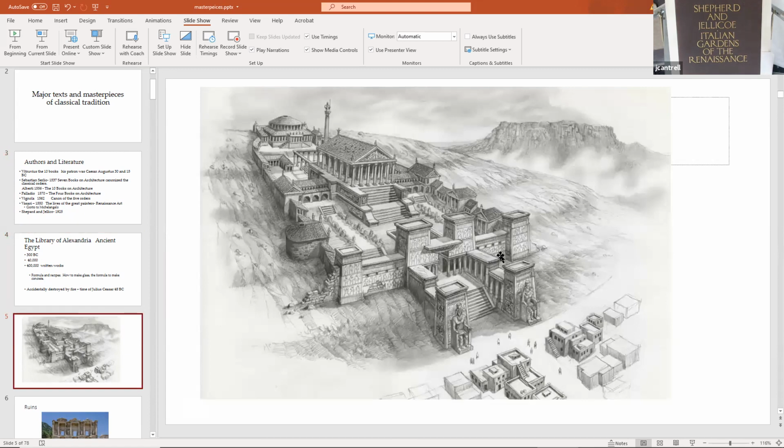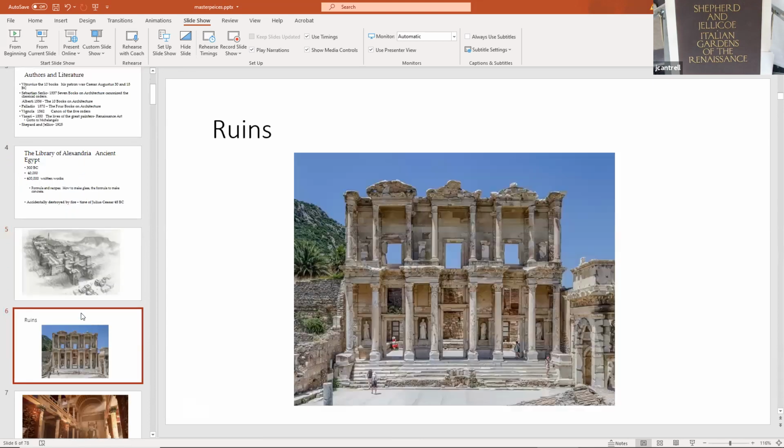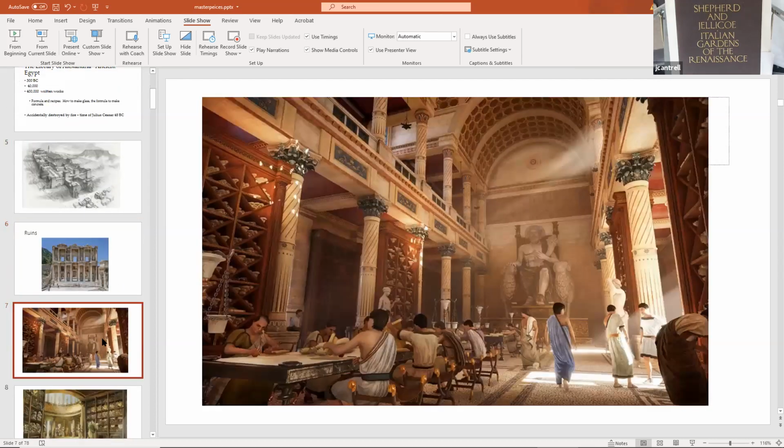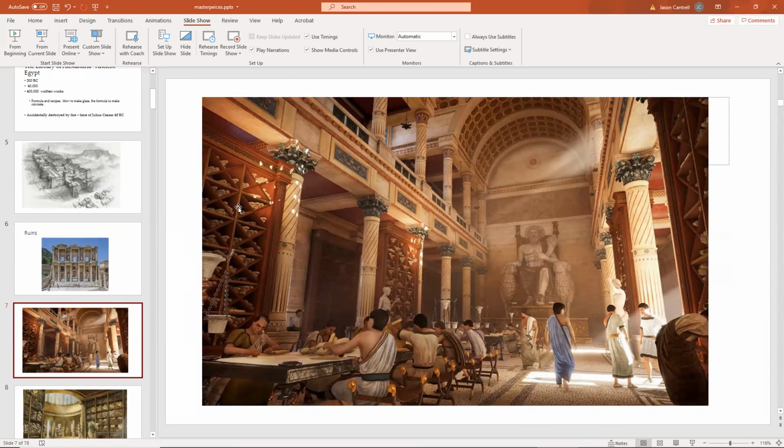It's in Egypt. It has the Egyptian pylons mixed with the Greek temple front. Here's some other reconstruction. These are the ruins that still exist as an indication of the scale and the location of where this library actually used to exist. And this is just an enormous building, a very complex mixture of Egyptian orders with early classical architecture. And you can see inside of those, we see a mixture of papyrus reeds, an early form of paper, not really bound books.